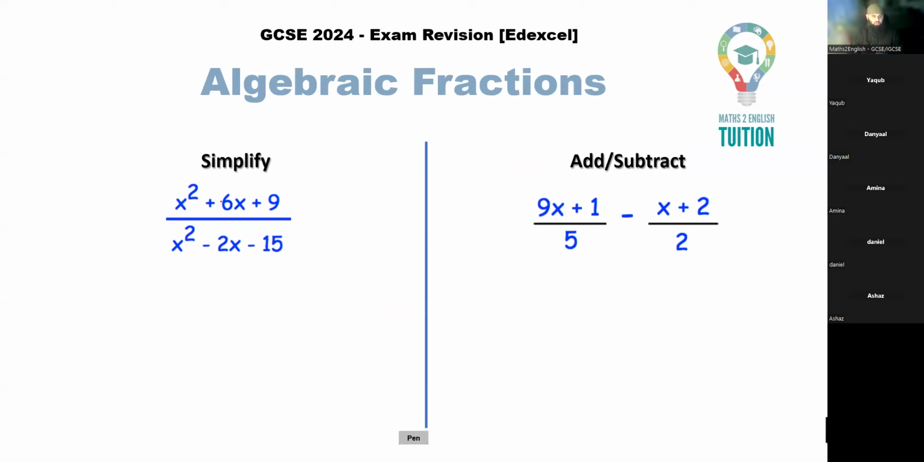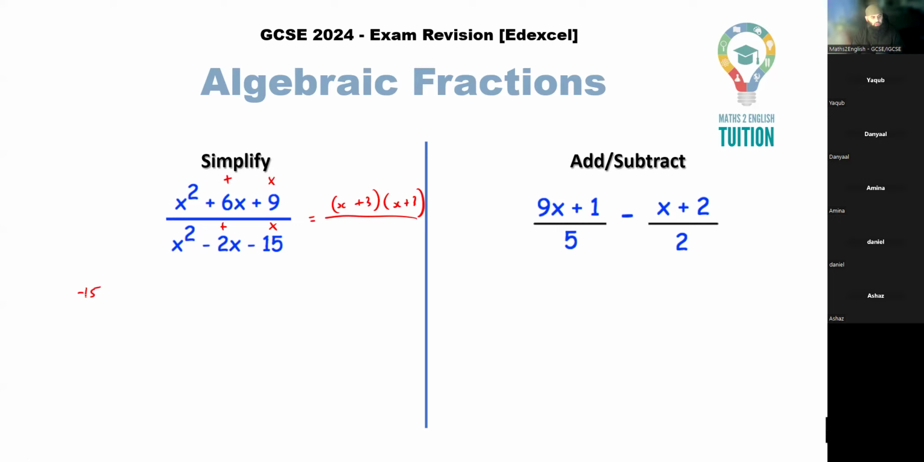Okay, so when we simplify algebraic fractions with two numbers, we should be able to factorize quadratics. Two numbers to multiply to give me 9, add to give me 6. And those two numbers are x plus 3 and x plus 3. At the bottom over here, two numbers to multiply to give me minus 15, add to give me minus 2. If I don't know those two numbers, I can look at the factors